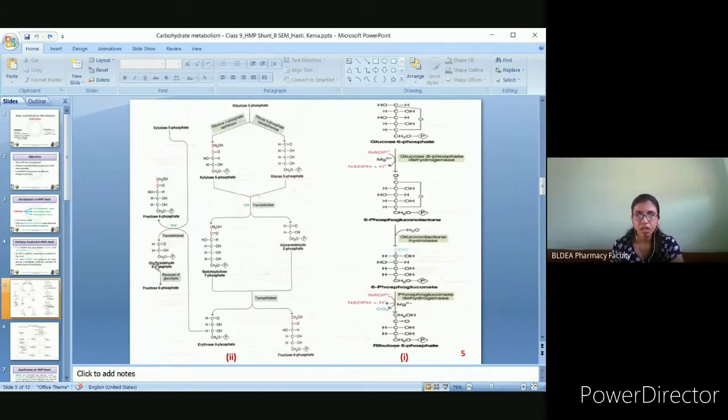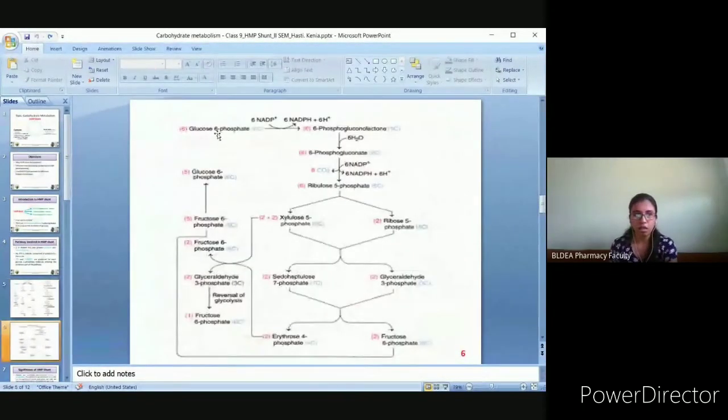These are the intermediates of glycolysis, and also in the case of gluconeogenesis you had seen, right? So these both will be utilized. Either they may go to glycolysis or they may undergo gluconeogenesis, depending on the glucose requirement of the body. They may undergo glycolysis if glucose is not required, and they may undergo gluconeogenesis if glucose is required by the body. So whatever end products are obtained will be diverted to two different pathways, glycolysis and gluconeogenesis, depending on the glucose required by the body. Understood? And you can see this is the overall pathway.